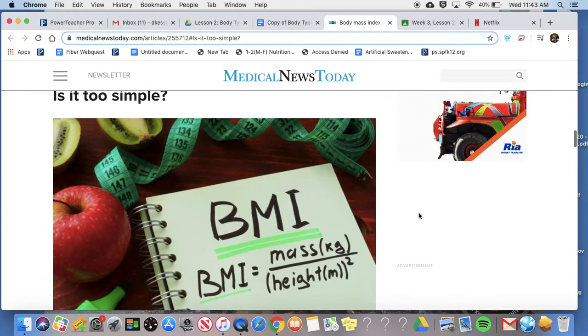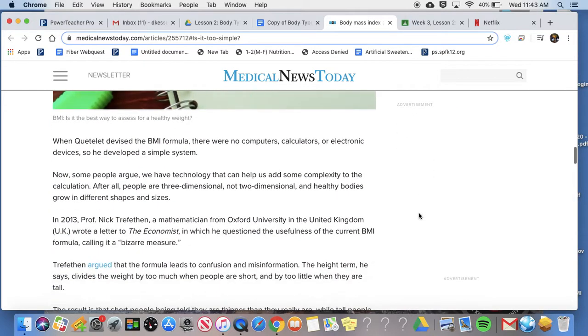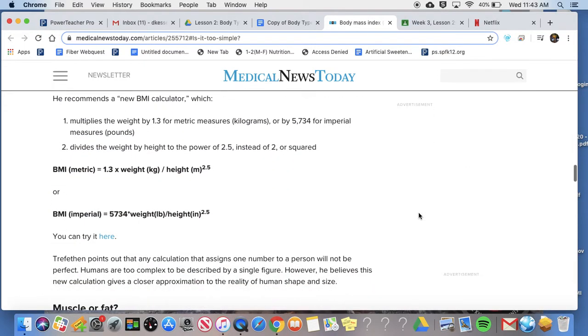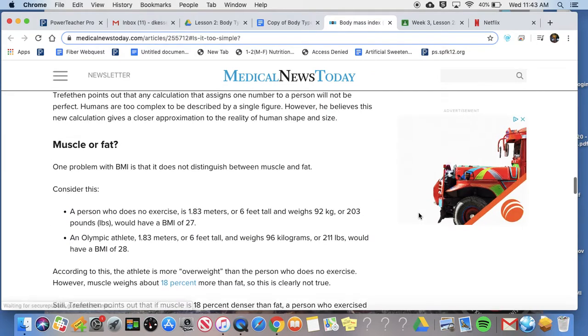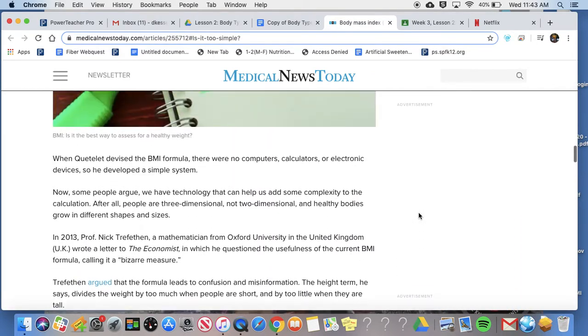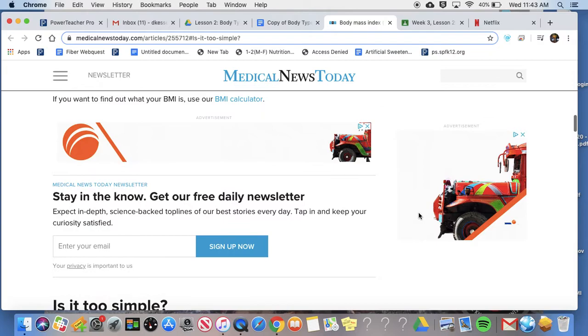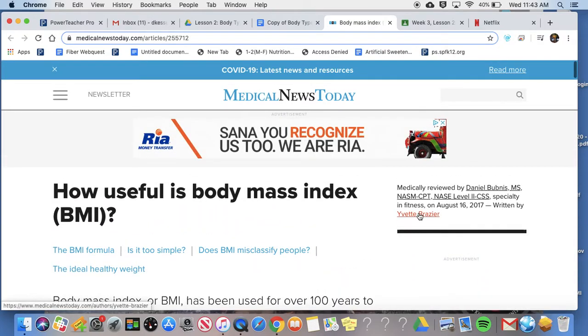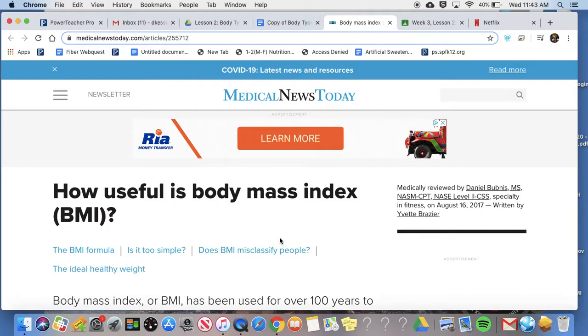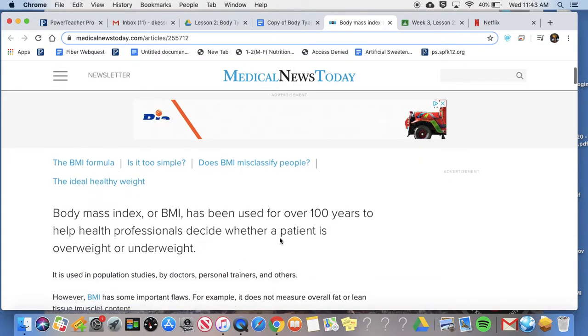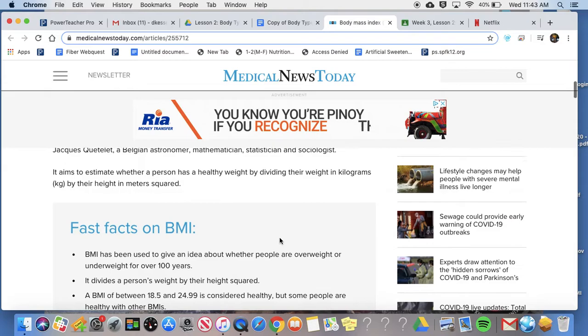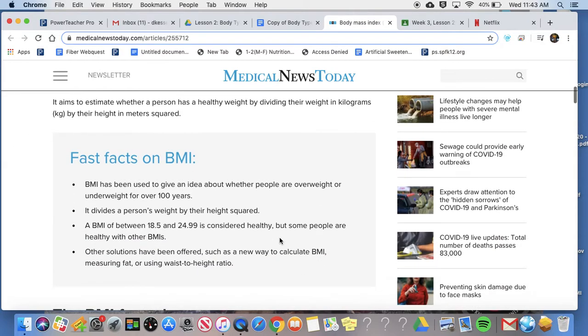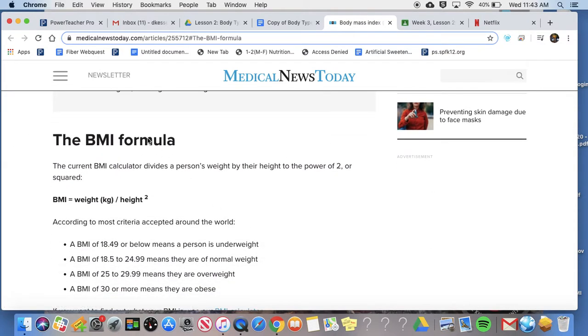So when we look through here, let's start in the middle of the page. So that was good so that you know everyone makes mistakes. So how useful is BMI? And you can see the article rolls through. There's some facts about BMI. And then the next